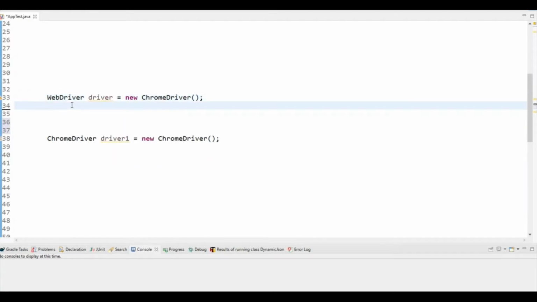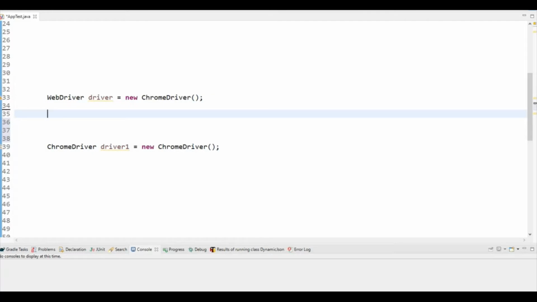So you can, because each browser's class implements the WebDriver interface, as I have shown you in the hierarchy. So you can assign that reference variable to any browser, and initialize any desired browser in a later phase of the script.